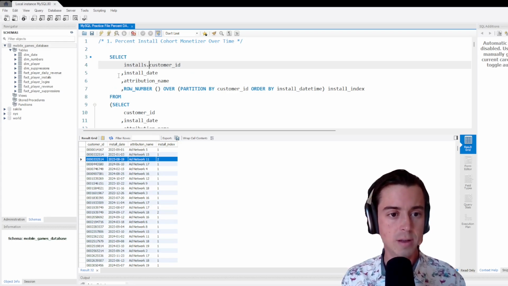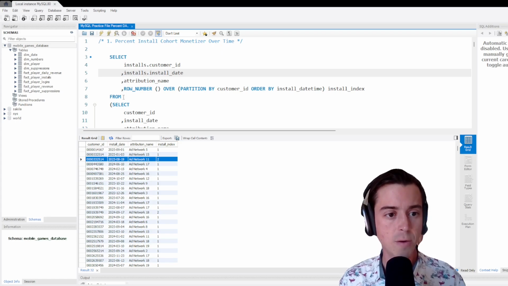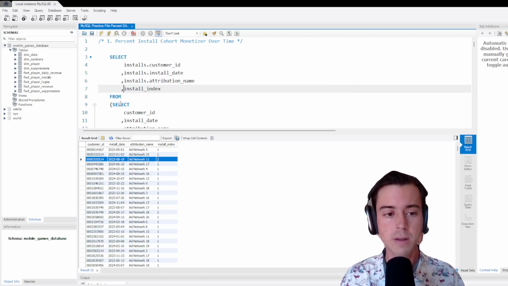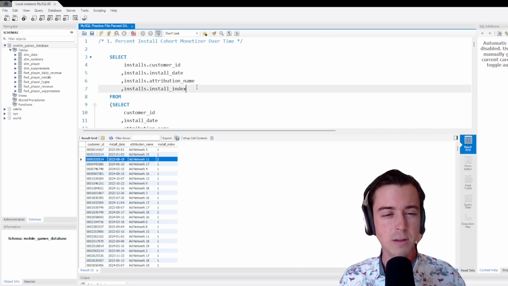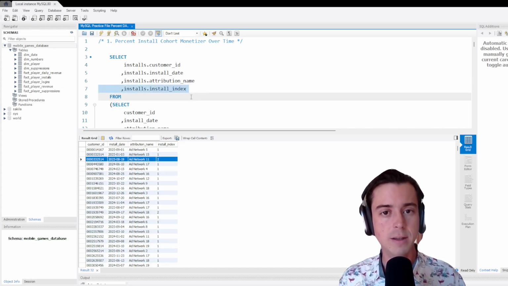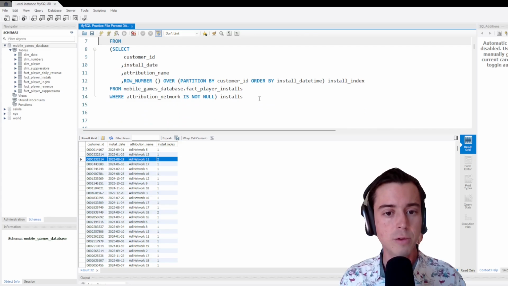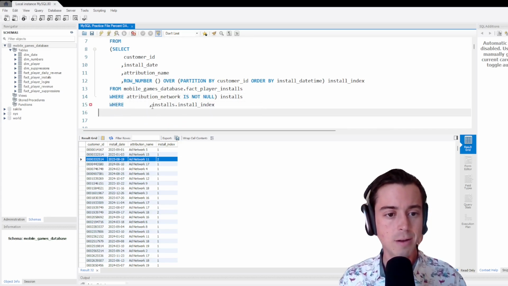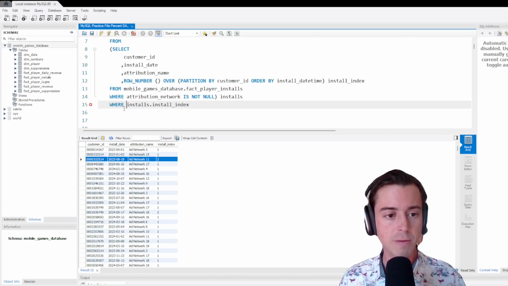Let's call this, it's coming from the install subselect. So that's what this prefix is for. I'm going to do this. So really, we don't need this install index field up here. We do need it in the where clause. So let's copy this, and then we'll drag it down, say where that install index from that previous row number